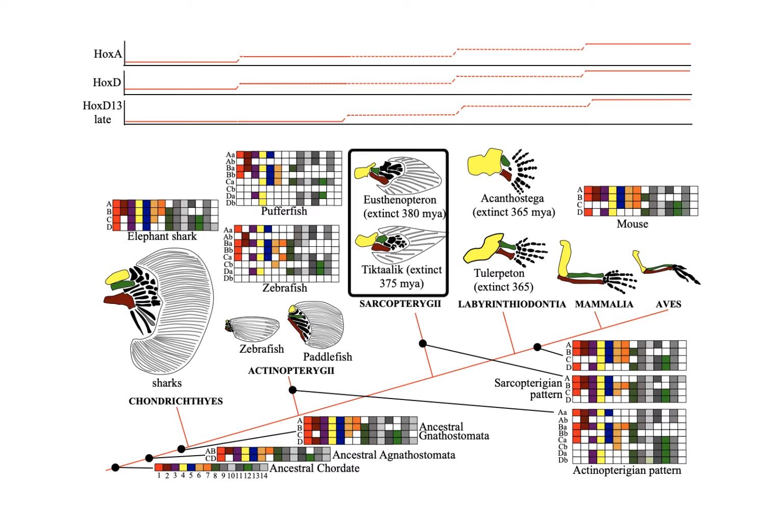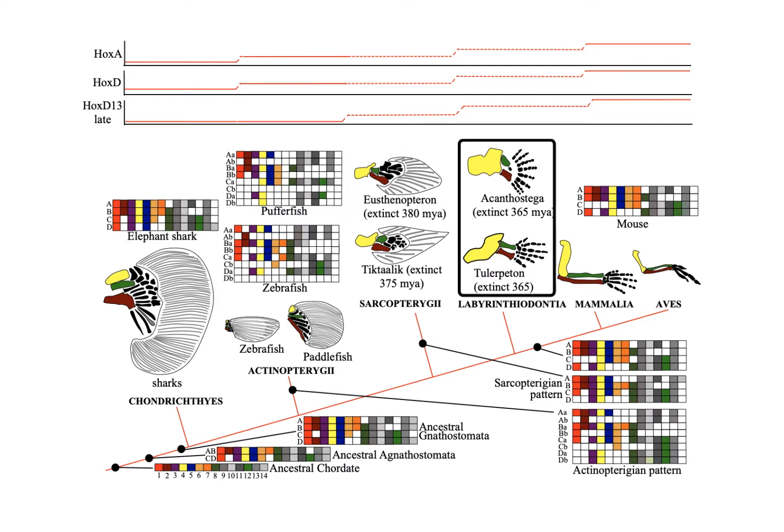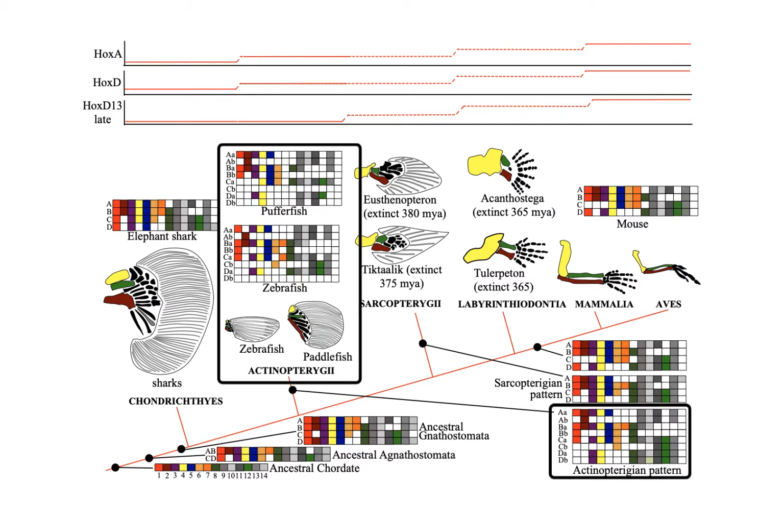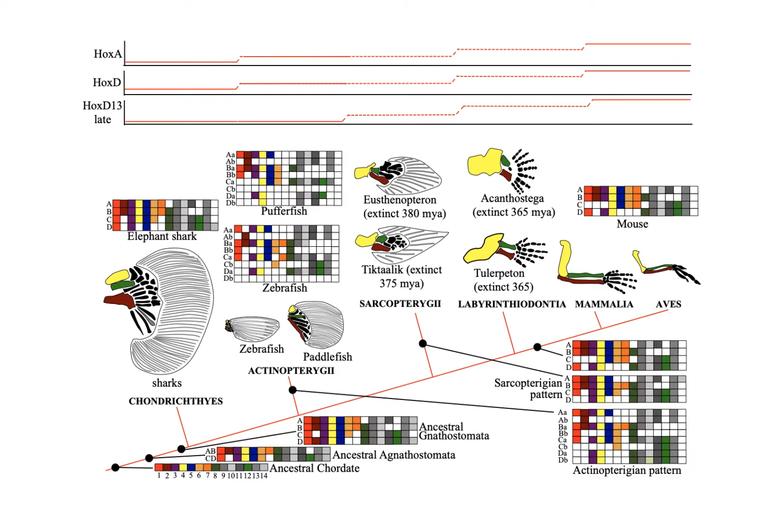That is, do you have a fin? Do you have a lobe fin? Do you have a rudimentary foot? Do you have a hand? Do you have a wing? And that's what these things control. And then back here along the line to the ray fin fish, there's a further duplication leading to diversification, including zebrafish, paddlefish, boxfish, salmon, etc. So these duplication followed by diversification events, both individual genes and whole genome duplications, have led to